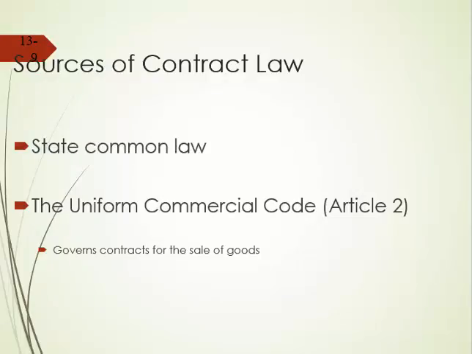So where do you find contract law? Two big areas. State common law, which means state case law. Cases decided over and over again with precedent and stare decisis. What do those words even mean? Where I'm a court and I have to follow what previous courts said and decided. So state common law, California common law, not federal law. There is no federal common law. And then Uniform Commercial Code, Article 2. And the Uniform Commercial Code you've seen in some of your earlier chapters.